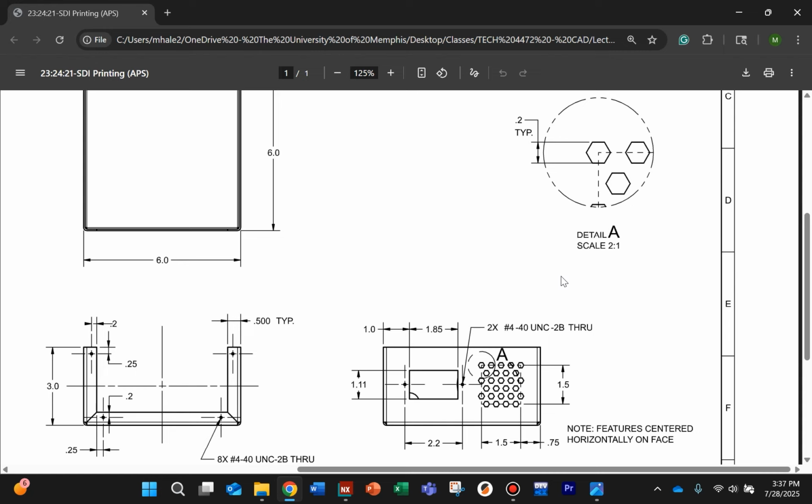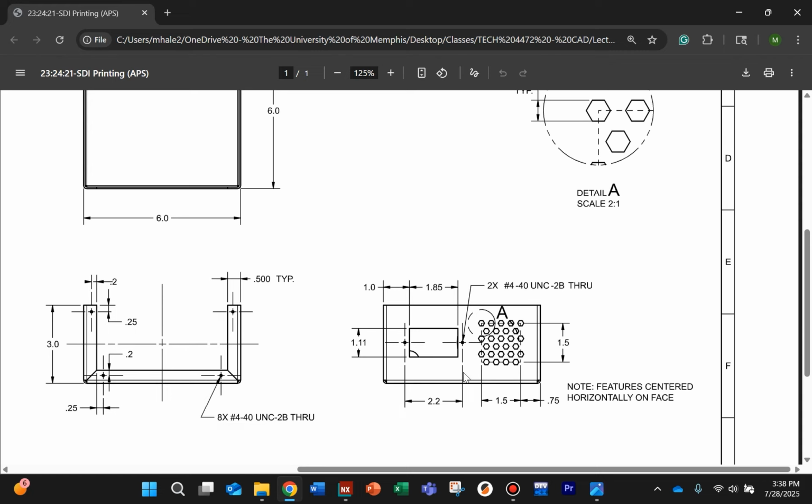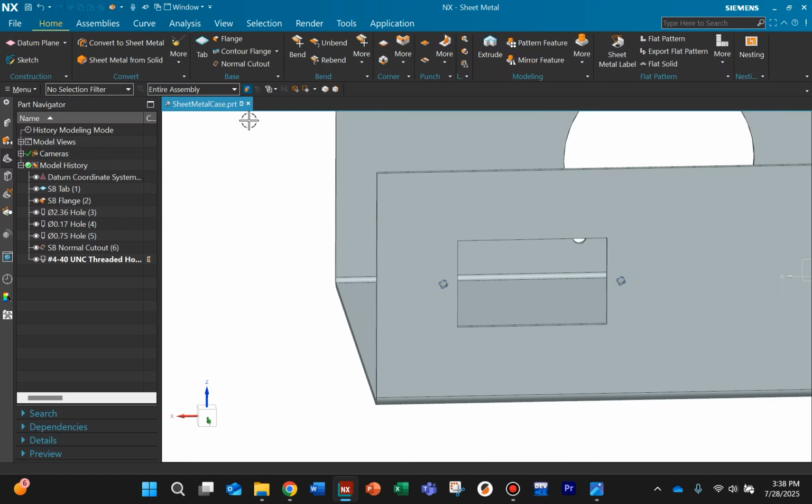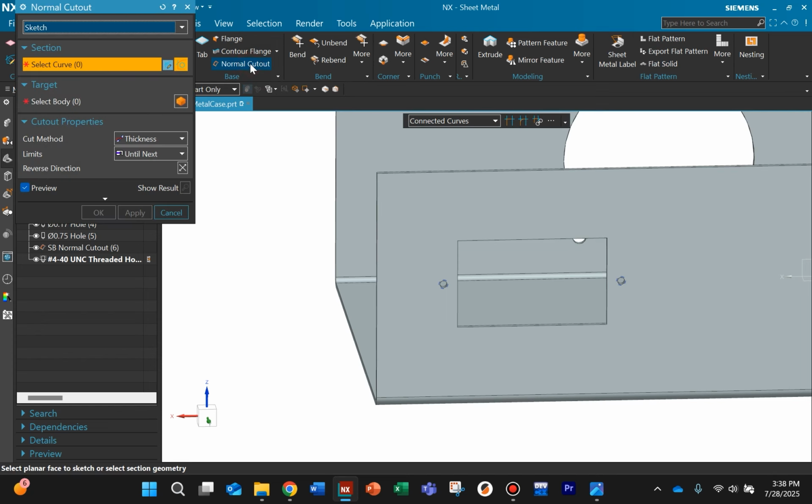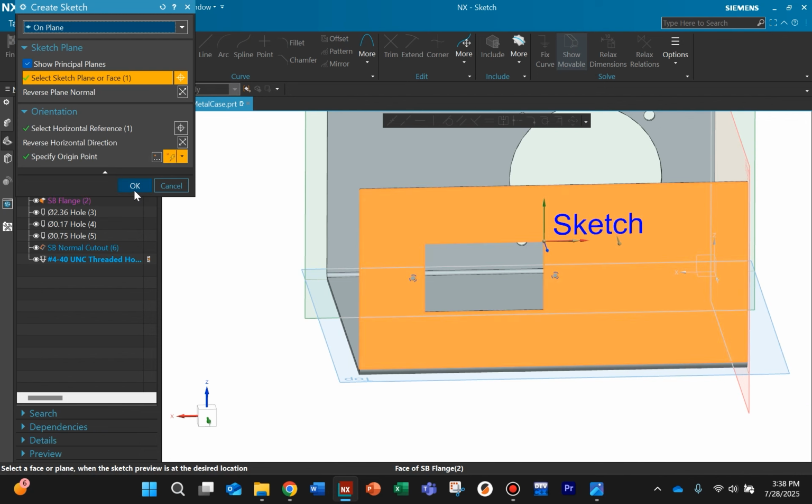Now for our vent design, we will create a hexagon shape here, and we'll be able to use the pattern feature to space everything out. We are going to use a grid for our 1.5 inch square, just so that we can position this accordingly, so everything is centered and positioned correctly. But we'll actually use the pattern feature to create the rest of these. So we'll make one and then use pattern feature for the rest. So we'll go back to normal cutout, sketch section, on that same face,